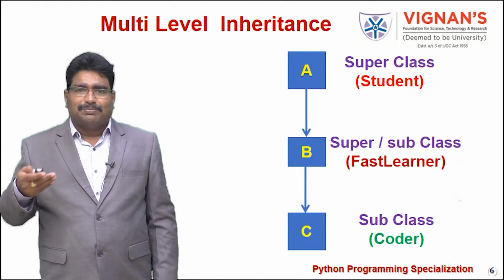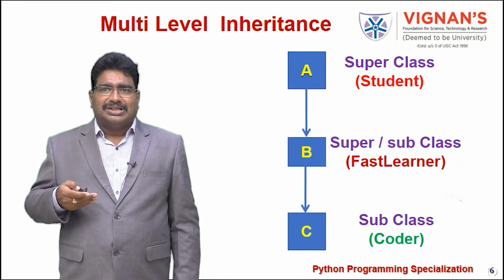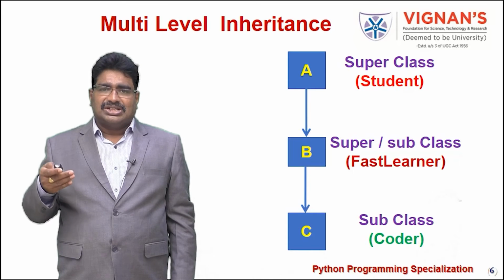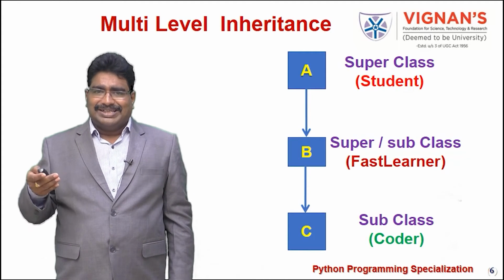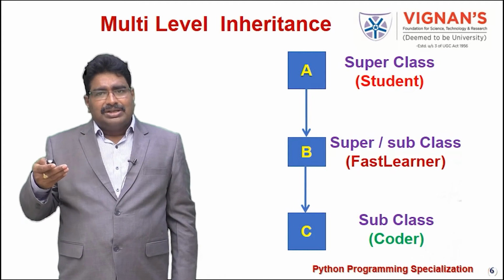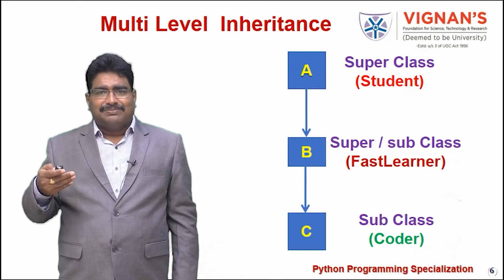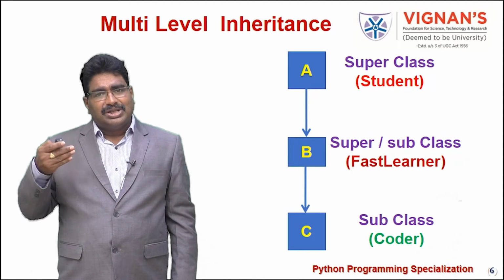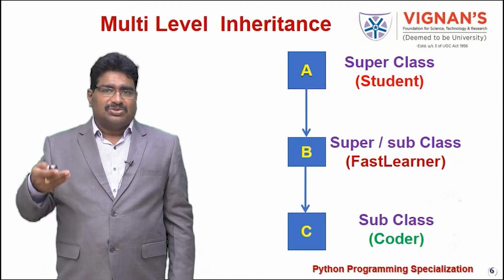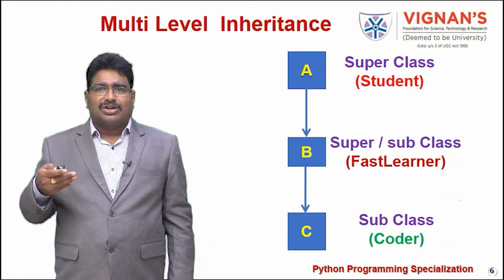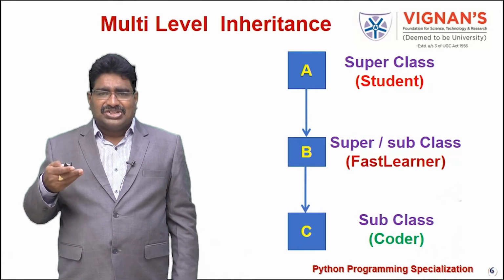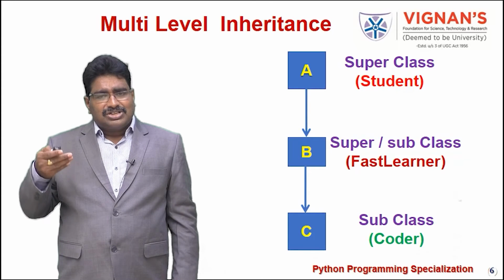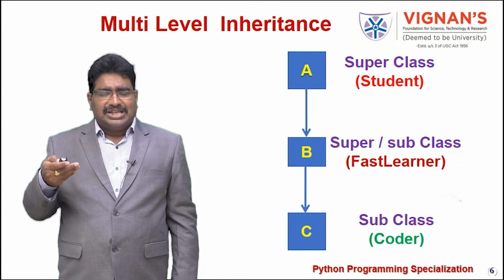Here we take one example of multi-level inheritance. We are assuming that student is the super class. So already we know that the student class consists of the name, register number and year as the parameters. From the student, we are deriving the FastLearner. That is nothing but a student who is capable of learning the courses covered in the regular classes. In addition to that, he is interested to learn some additional courses. Those are called FastLearners. So automatically the FastLearner simply consists of the name, register number and year. In addition to that, one more attribute is added, the additional courses.